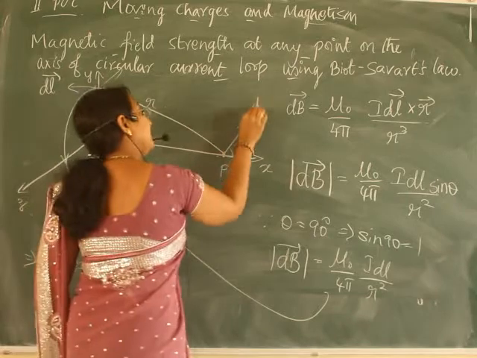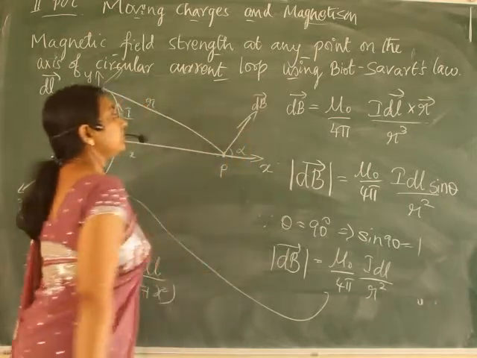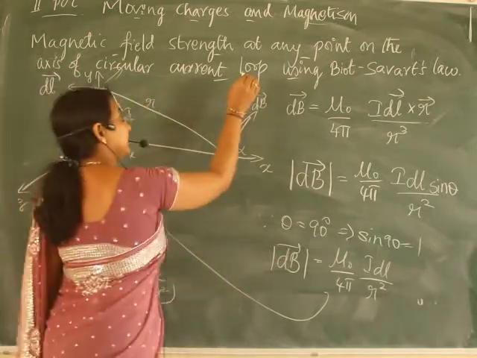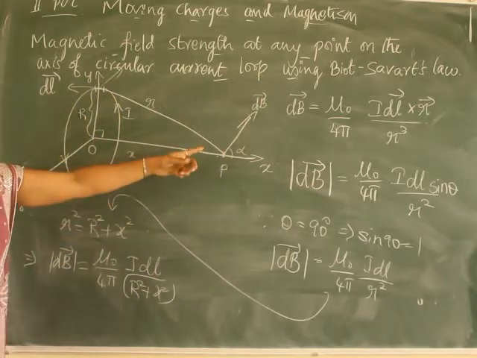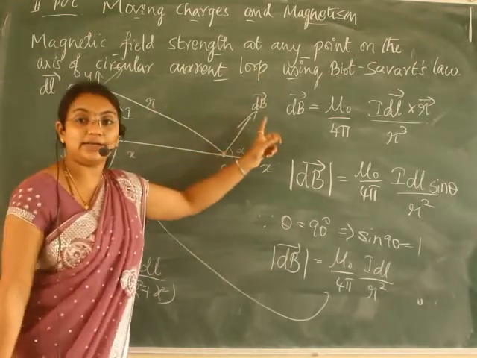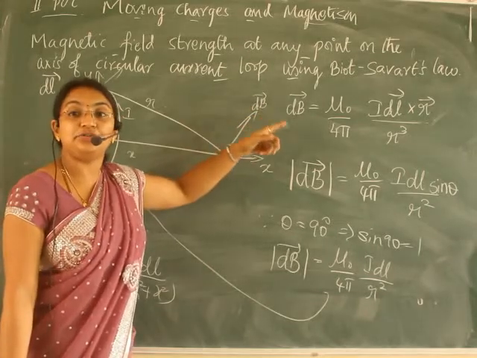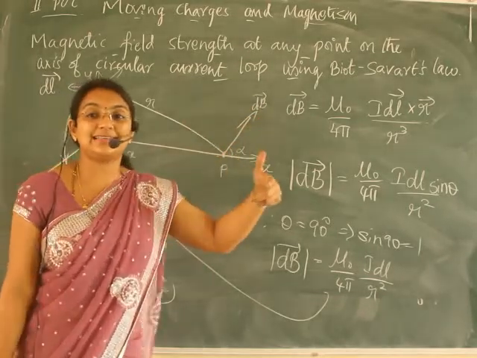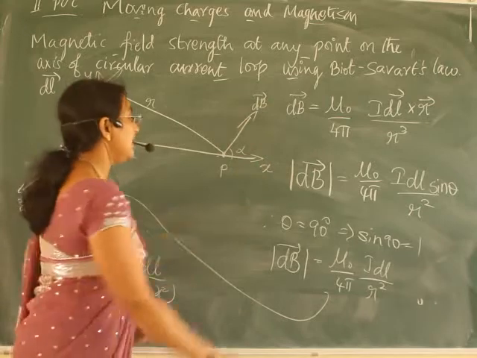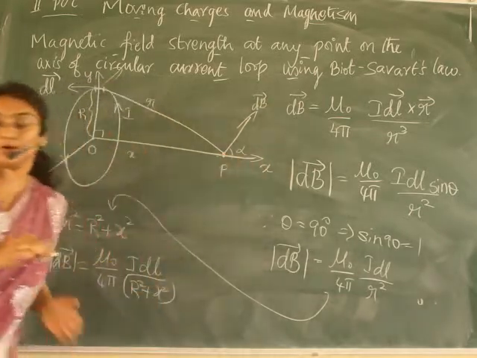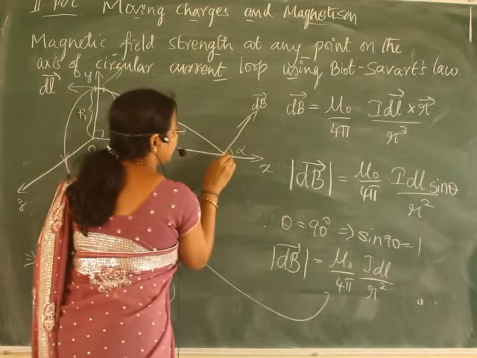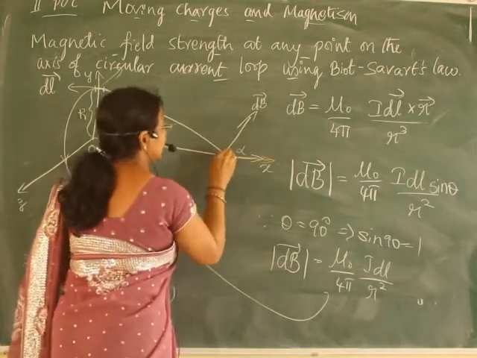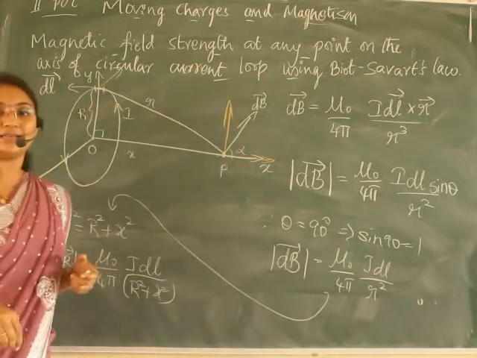let it be the magnetic field. Okay, magnetic field. Now this magnetic field, it is a vector quantity. I can resolve it into two components along the x-axis and y-axis. When I resolve it into two components, I'll use a different color so that it will be easy for you to understand. Okay, let me resolve it into two components along the x-axis and y-axis.